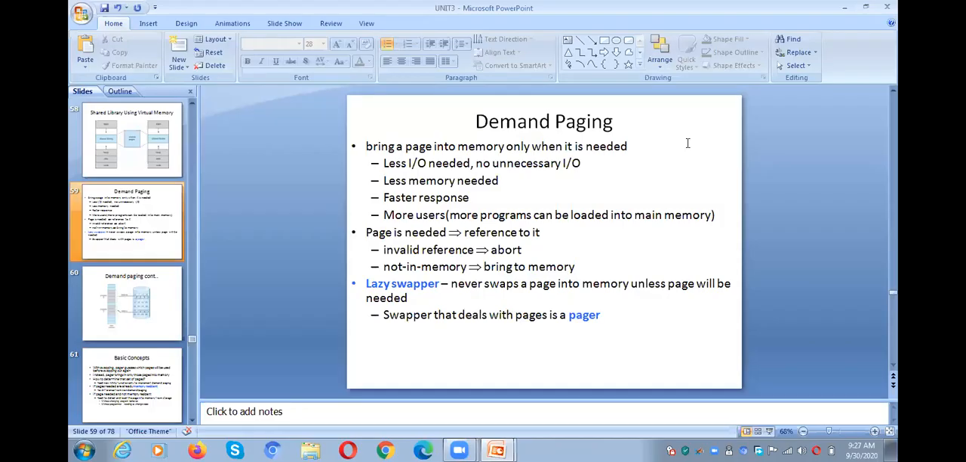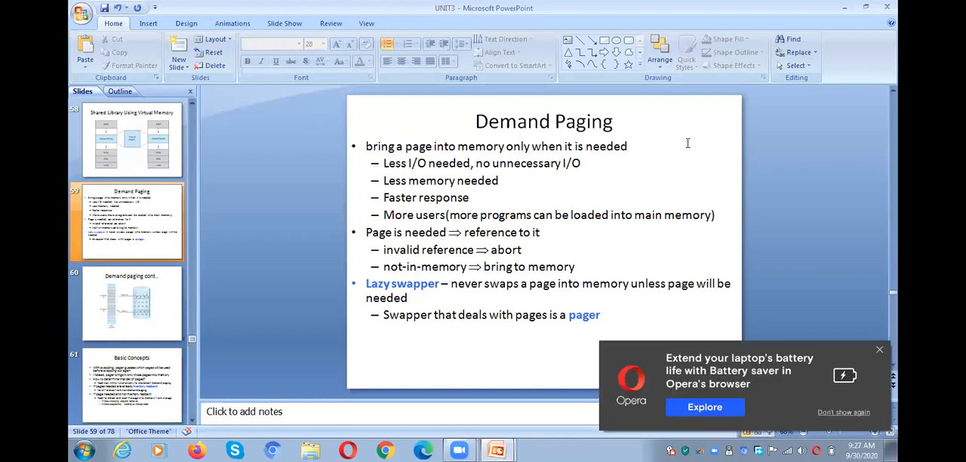Today we are going to discuss demand paging. So what is demand paging? As I already told you, the virtual memory, the logical memory space, is much larger than the physical memory. So we cannot keep our entire program in the main memory all the time. The main memory is very small compared to the logical memory, so we cannot keep all our pages. We are dividing the frames into